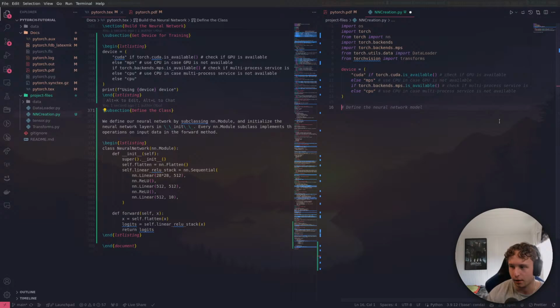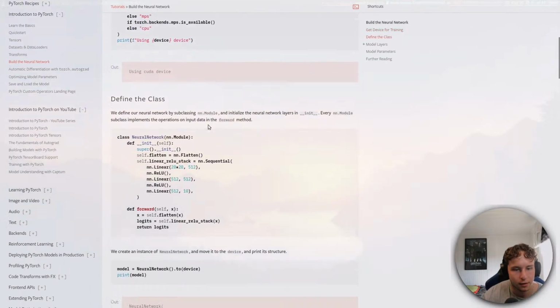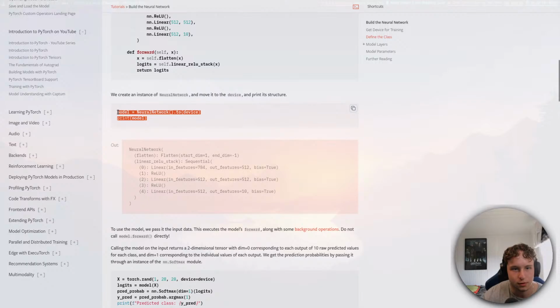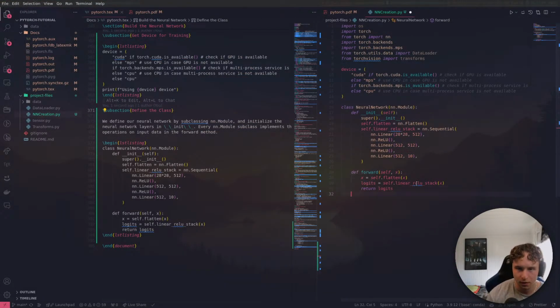So let's go back to our testing sheet and use this neural network module that we created before. And then we also want to print this module. I'm just gonna show you guys that it works. Essentially, we are creating our own submodule to this library, and this creates an initial state